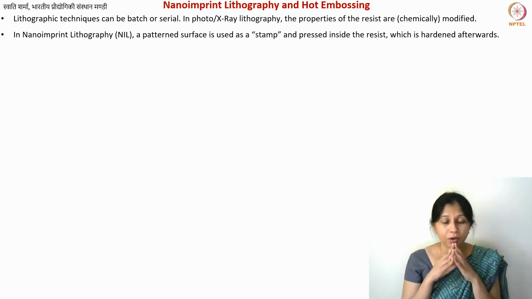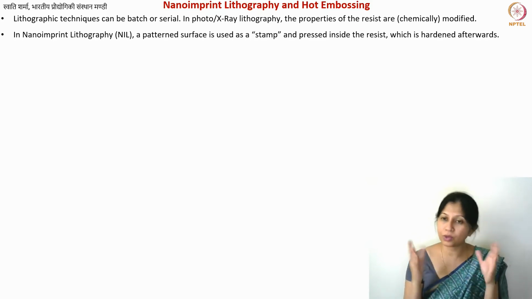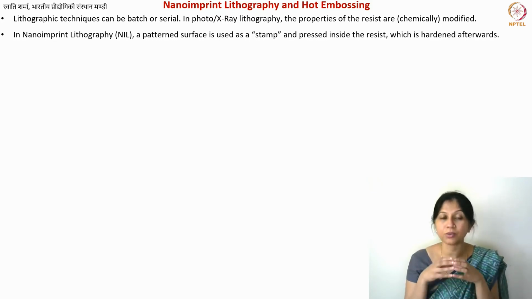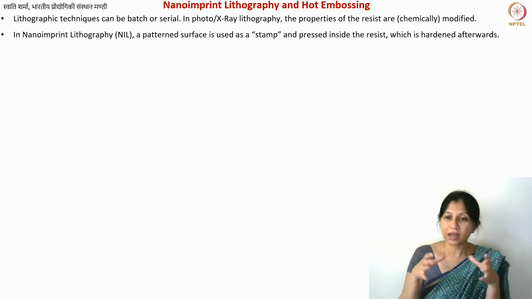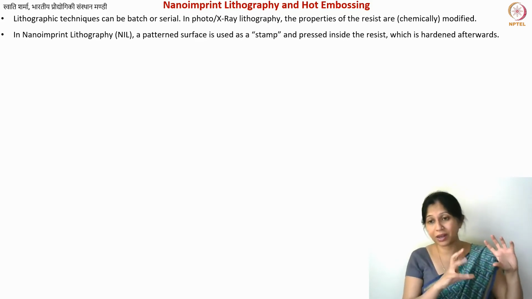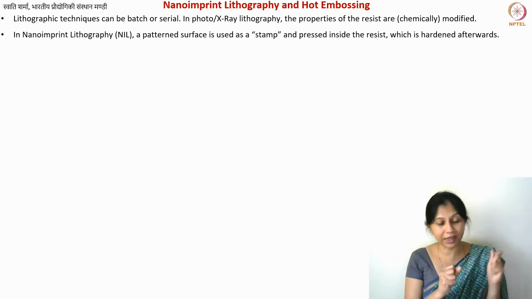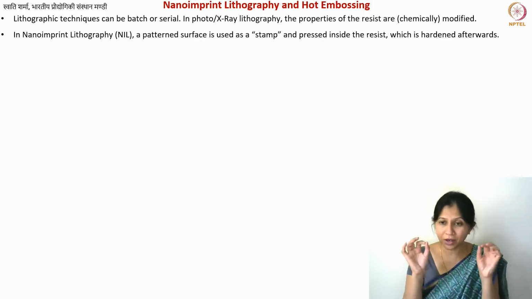In this case you also have a resist, so you will do the spin coating. That much remains. So you have a thin film of photoresist that you work with. However, rather than using a mask and exposing it through light, you have a stamp. So your material should be in a liquid-like state. Here you will not pre-bake it to convert it into a solid resist film. Rather, you will have a resist film which is not too solidified. So it's a semi-solid, rubbery state, in the best case scenario.